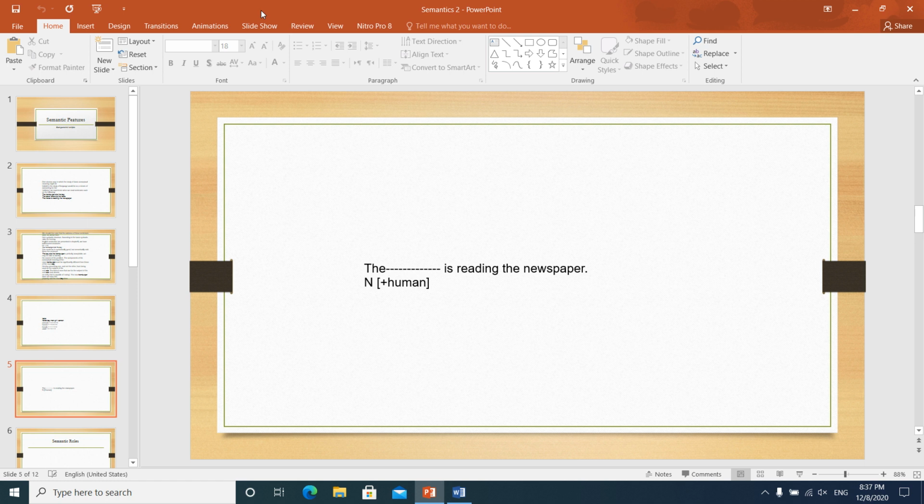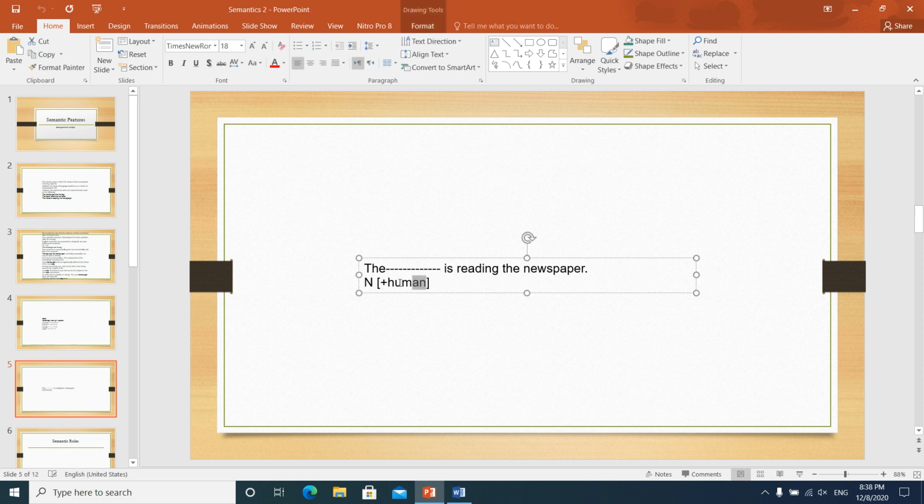Look at this sentence: The, followed by a space, is reading the newspaper. Now, what do you think is the kind of noun that can fill this space? It should be a noun. But how many nouns do I have in English? I have thousands of nouns. Which noun can fill this space? Only a noun which has the property of